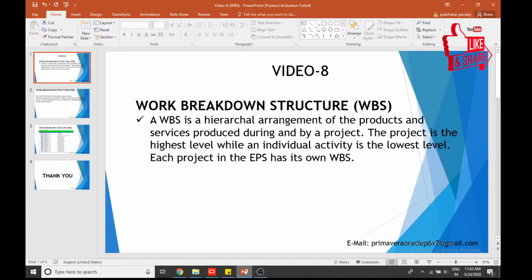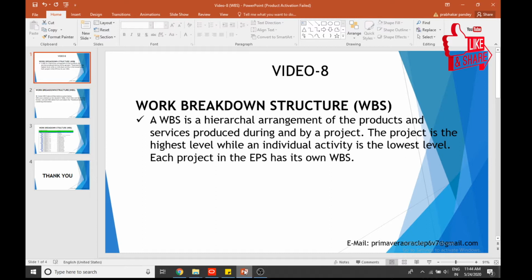Primavera P6 recognizes the importance of the project management team keeping their eye on the ball throughout the project life cycle. This means maintaining a focus on the end product or services, which is the whole purpose of the project. So WBS helps you to maintain this focus on the product or services.